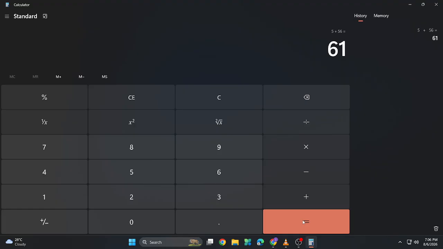Standard mode also includes useful features such as percentages, square roots, reciprocals, sign changes, decimal points, backspace, and clear functions. These tools make everyday calculations faster and more convenient. Open the History panel to review previous calculations. You can also use the memory buttons to save numbers, recall stored values, add to memory, or clear saved entries